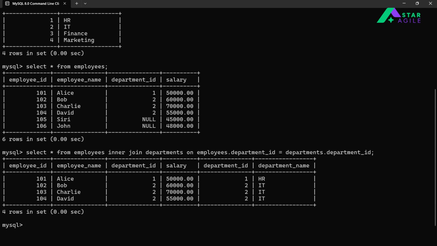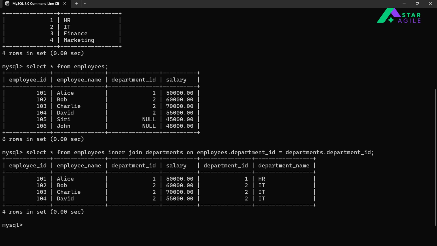See, now when you look into this data, see what data it is providing. From the employees only 101, 102, 103 and 104. Department IDs are 1, 2, 2 over here. Next, from the departments, what data is it printing? Only department ID 1 and also 2. From this data, if I want only specific columns like the employee ID, employee name and department name, under which department they are working,